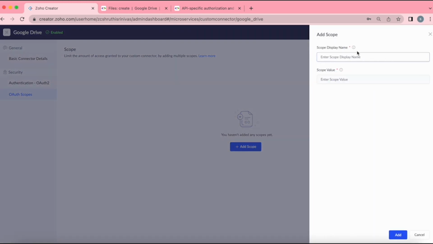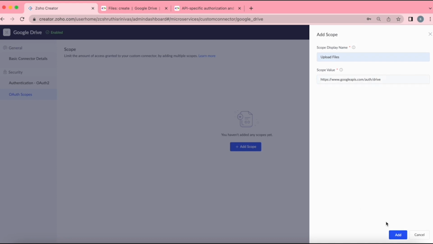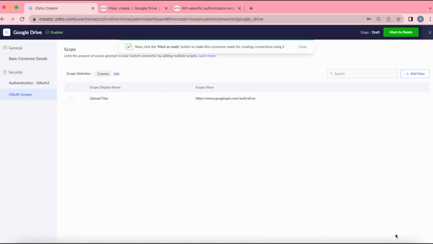and I'm going to add it as upload files. Paste the scope. I'm going to add it. Once you have added all this information,